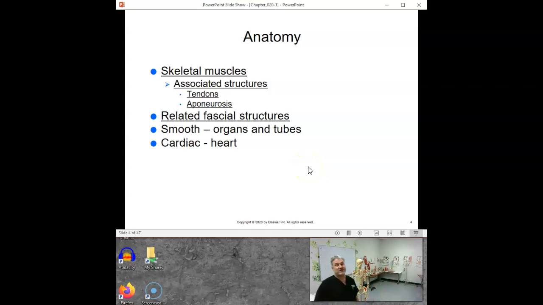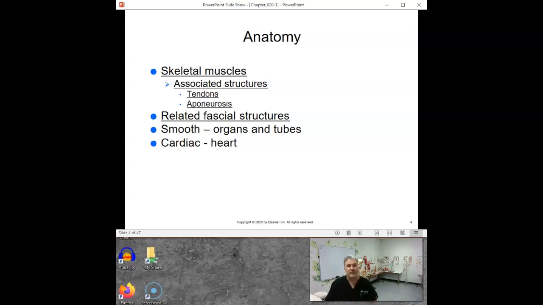And then the last form of muscle is skeletal muscle. All they mean by skeletal muscle is muscle that hooks to your skeleton. So why would we want muscle to hook to your skeleton? Or what would skeletal muscle do? Move it. Yes, this is the muscles that move you.